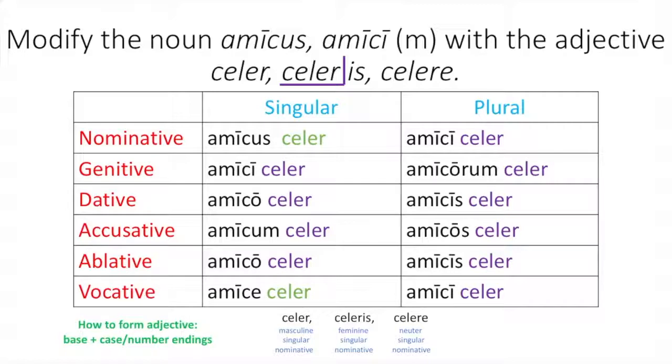We can write that down for all of our others, because we form our adjectives by taking our base and then adding our case and number endings. With third declension masculine and feminine nouns, you use your normal third declension noun endings. So we'll add these in our red. So our genitive singular, amici, caleris, dative, amico, caleri, accusative, amicum, calerem, ablative, amico, caleri, vocative, amice, caler, nominative plural,